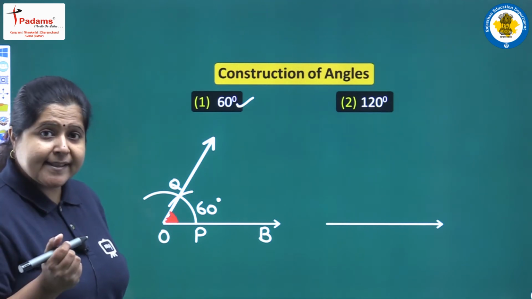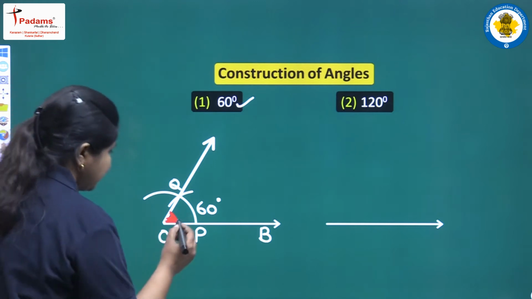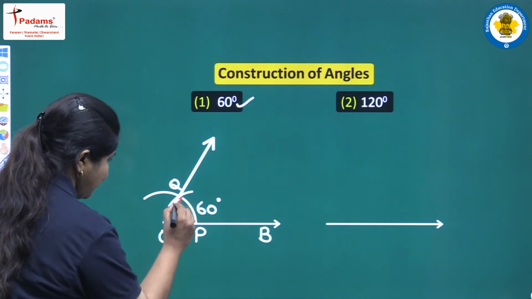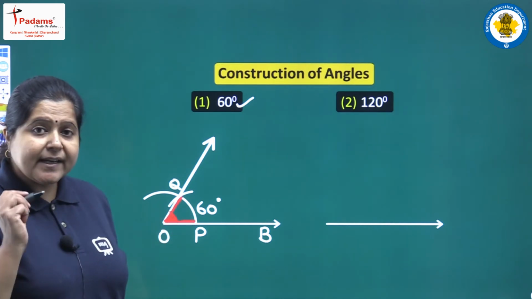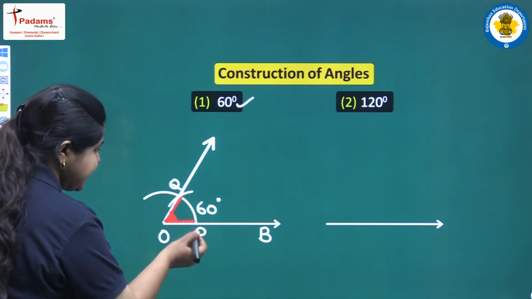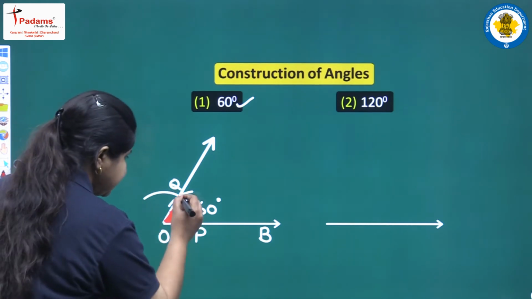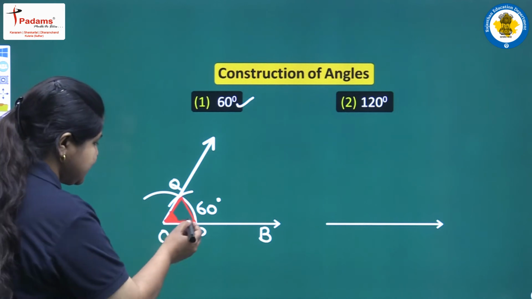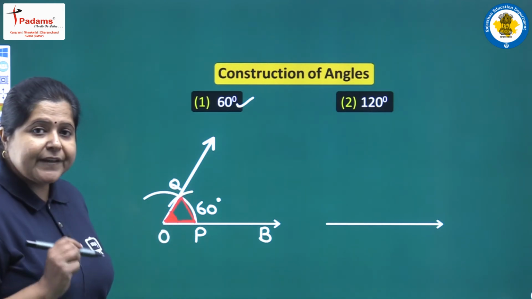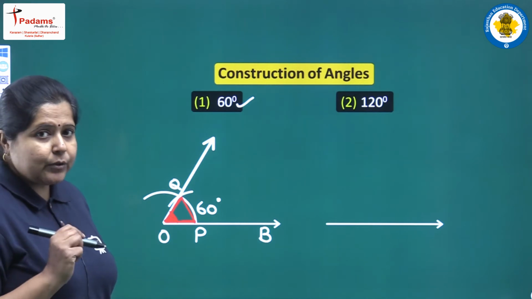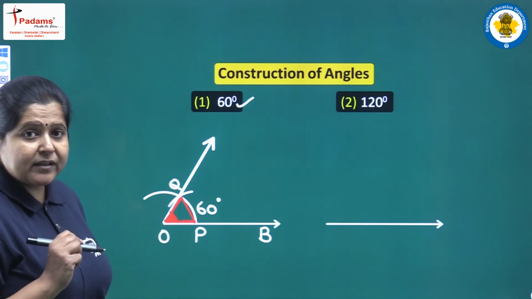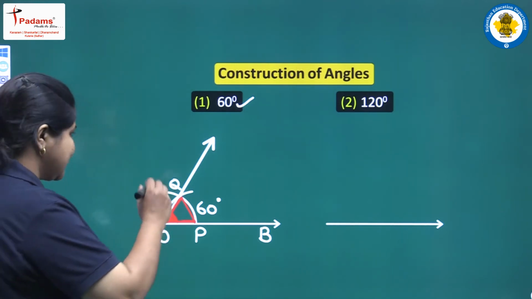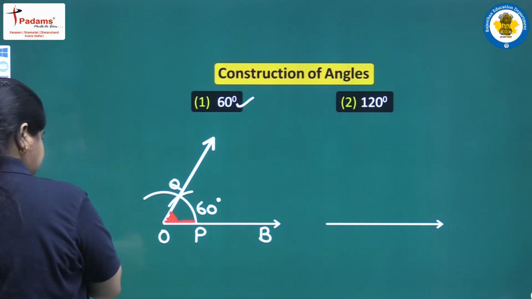You may ask why this is 60 degree. So here is the reason. You can see, let us just see at this line segment OP and this line segment OQ. These 2 line segments are equal in measure because these 2 are the radii of the same arc. And similarly with the same radius we drew this arc, and so this line segment PQ is also equal to OP and OQ. So here we are having an equilateral triangle, and you all know that the angles of an equilateral triangle measure 60 degree each, and so we have this angle measuring 60 degree. So this is the construction of 60 degree angle.